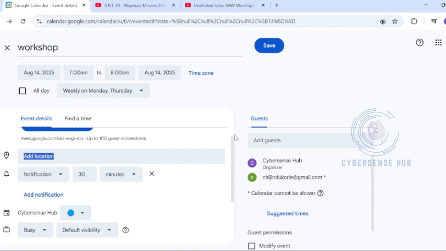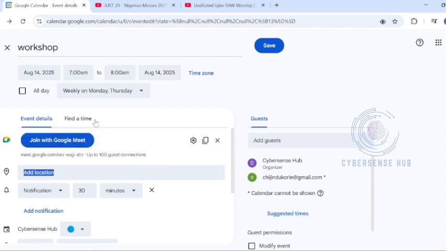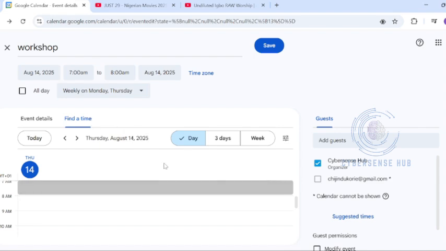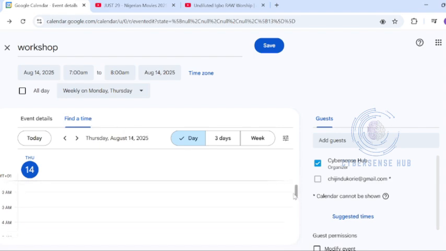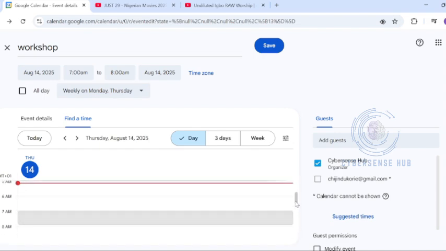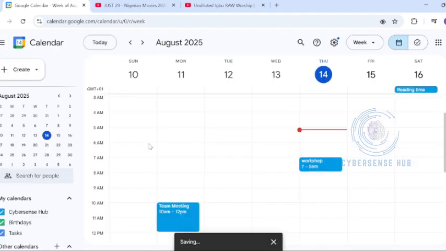You add them as a guest in your event. Then you click on Find Time. If you go back to your event, you will see where it says Add Guest. Click Find a Time. This shows their schedule alongside yours, so you can pick a time that works for everyone. No need for you to be sending messages across to say, when can we meet? When are you free? With their schedule, you'll be able to collaborate and know when to fix the time for